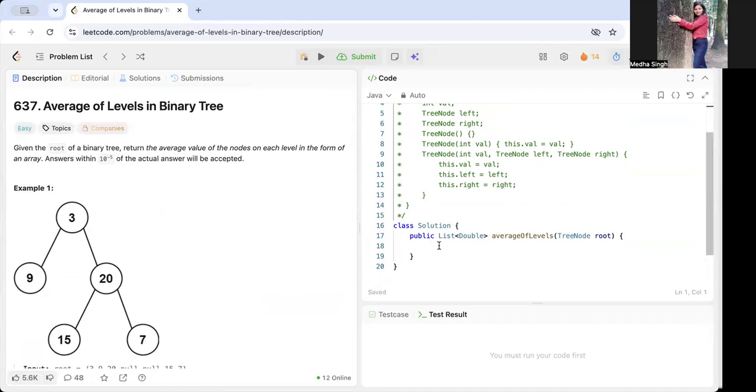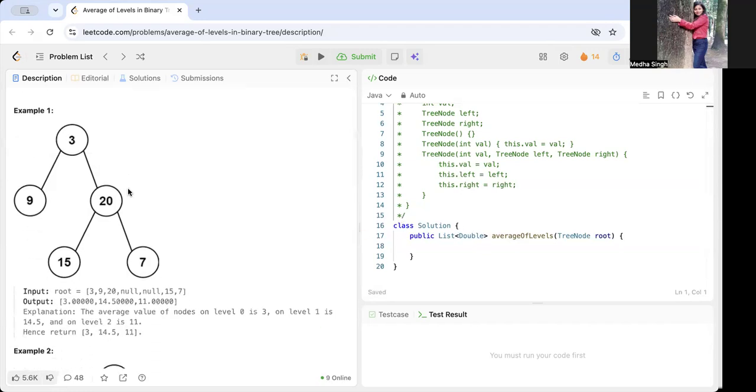So the pseudocode of this is like we have to use a queue. Why do we have to use a queue? The reason is that a queue processes every node one by one. And then at every level, we are going to process q.size nodes at a time. We are going to sum it all up and then take the average of it and store it in the list, and then return the list at the end when we are done with the processing of every node.